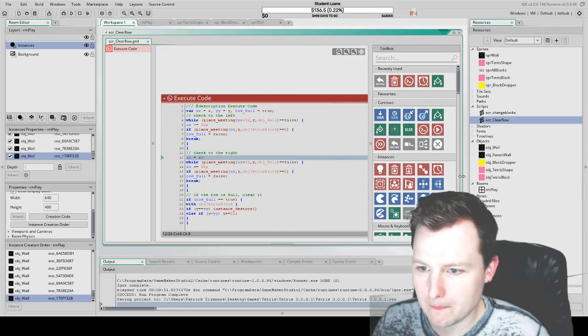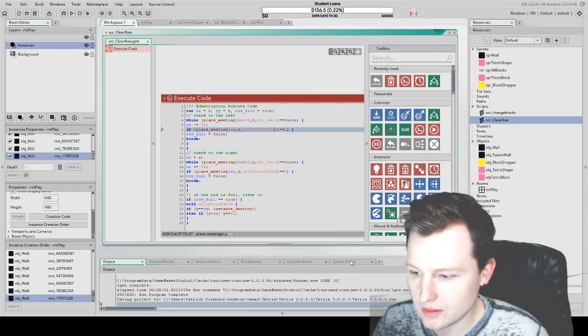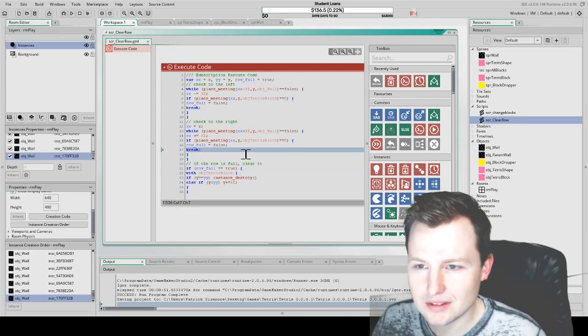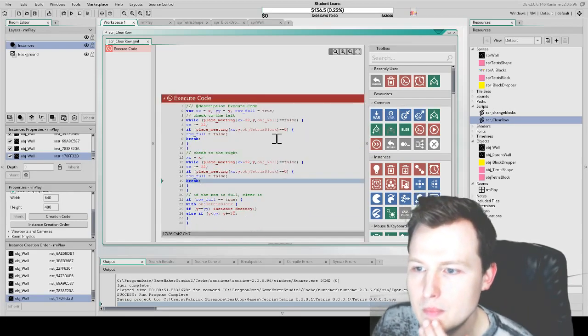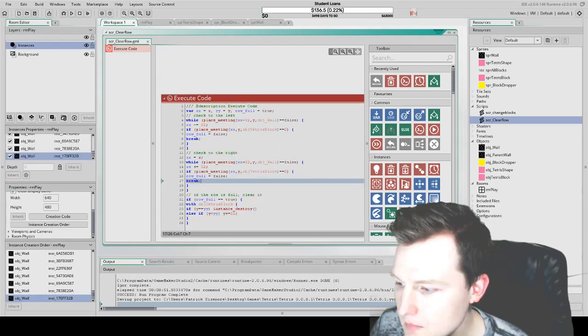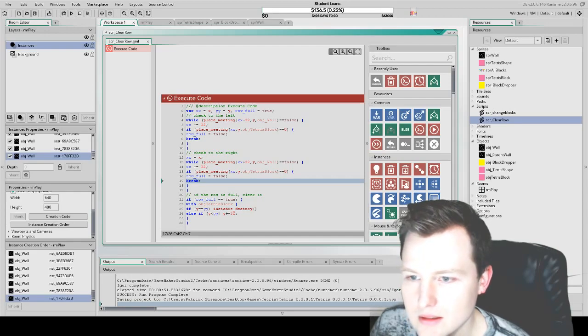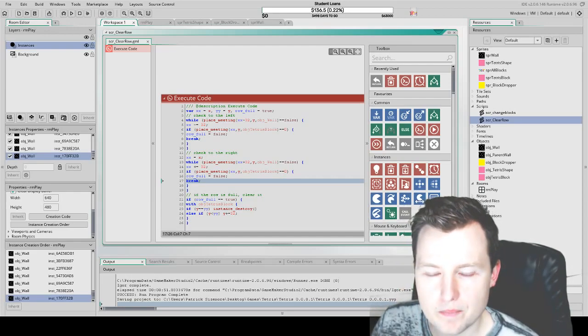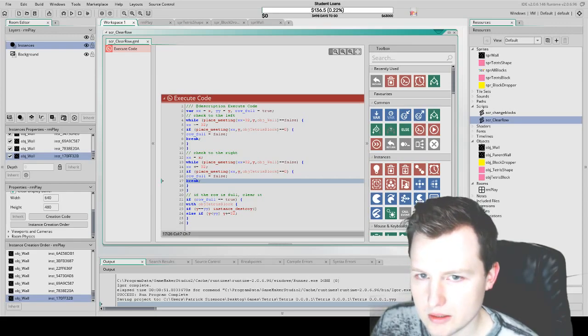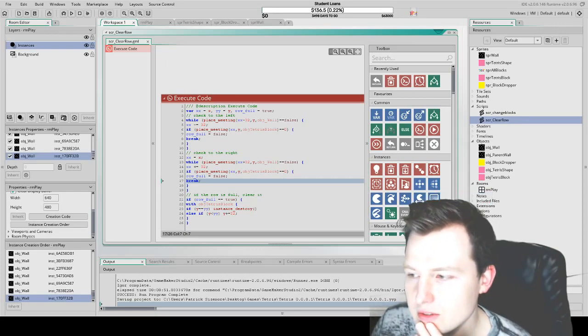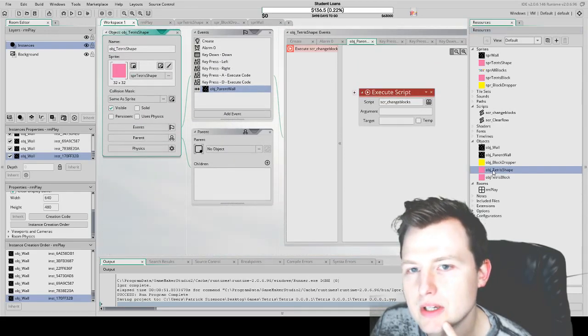So I've got the script written. Make sure I don't have any more of those silly typos. Wall. Okay. And can now assign the script. We'll put this on the block. What we'll do is we'll say, no, it's actually on the shape because it's the shape that's moving down. So we will say